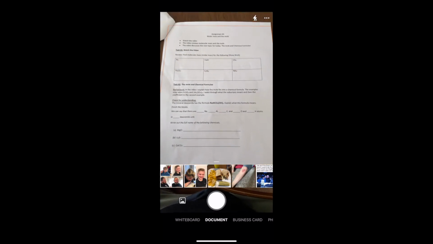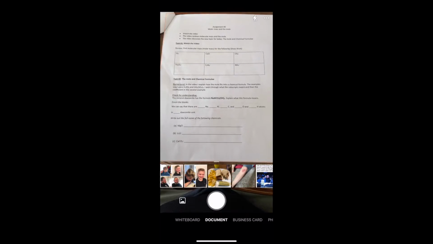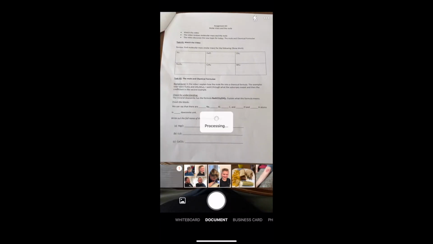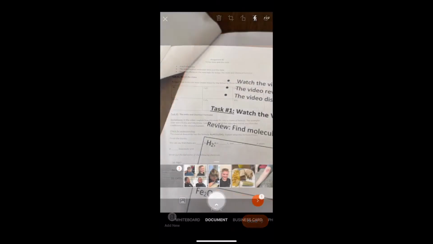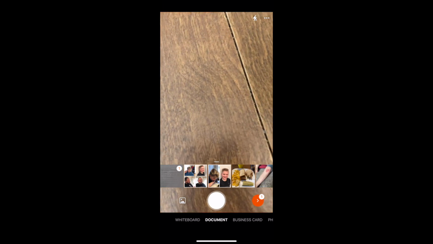So if you're handwriting your assignments out, just kind of get that orange box, click it. It'll kind of process it into a nice document. You can even crop it out. Okay. So it'll make it a nice picture, right? Now instead of pressing done, if it's a multiple page document, press add new, and that's going to add a page to this